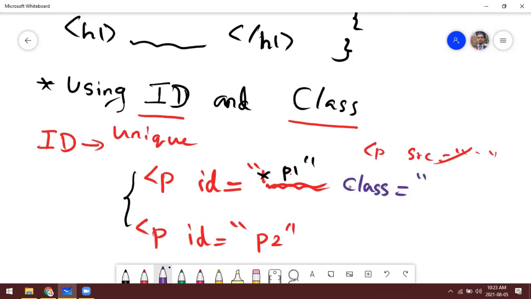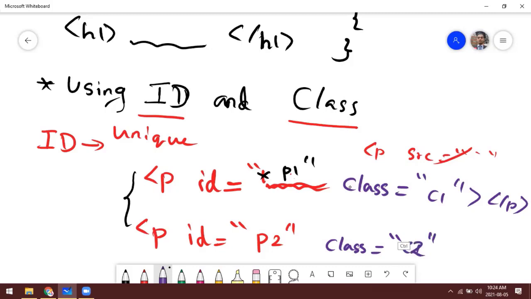Class, for example, I will give a simple one, class C1. Here, if you want to give the same class, you can give it. Otherwise, if you want to give a different class, no problem.